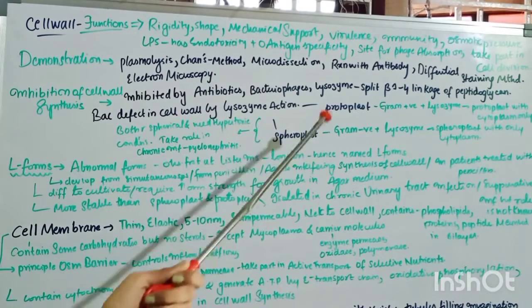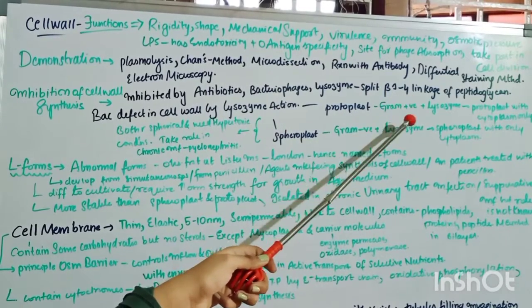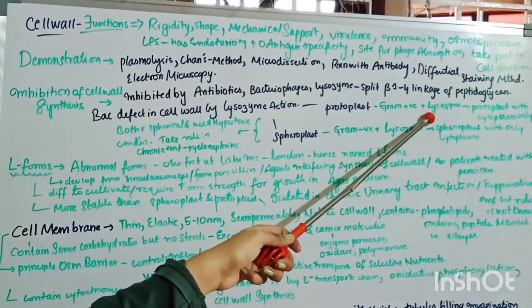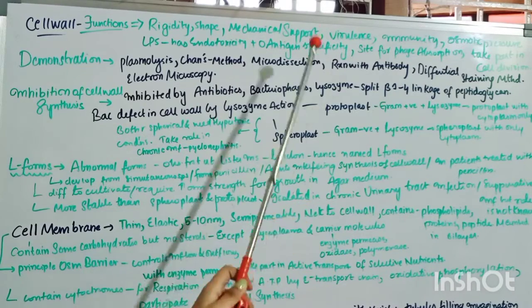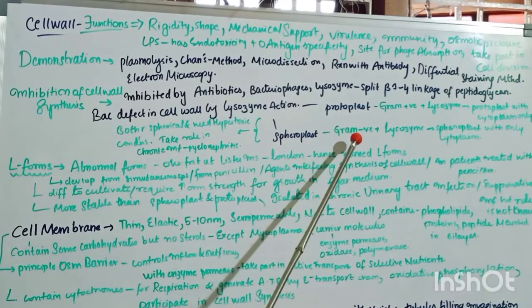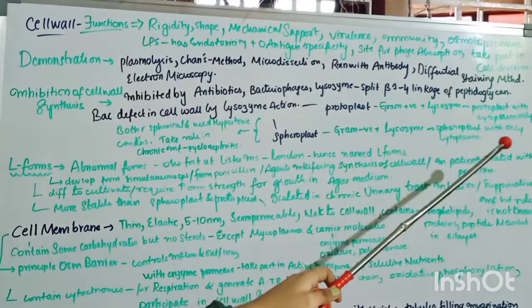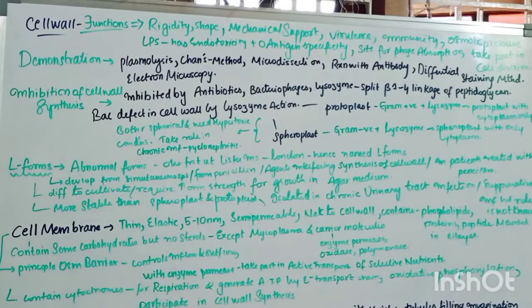This is divided into 2 types, that is protoplast and spheroplast. The protoplast takes place in gram-positive bacteria reacting with lysozyme. So the protoplasm with cytoplasm only appears, that is the cell wall is disintegrated. This is known as protoplast. And spheroplast is in gram-negative bacteria, where the gram-negative bacteria is acted on by lysozyme and it leads to a spheroplast with only cytoplasm, that is disintegration of the cell wall takes place in both. These both are spherical and they need hypertonic conditions, and they take a role in chronic infections like pyelonephritis.